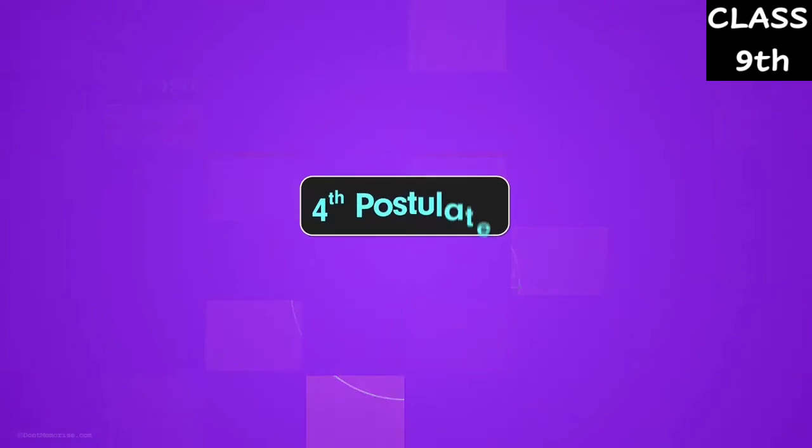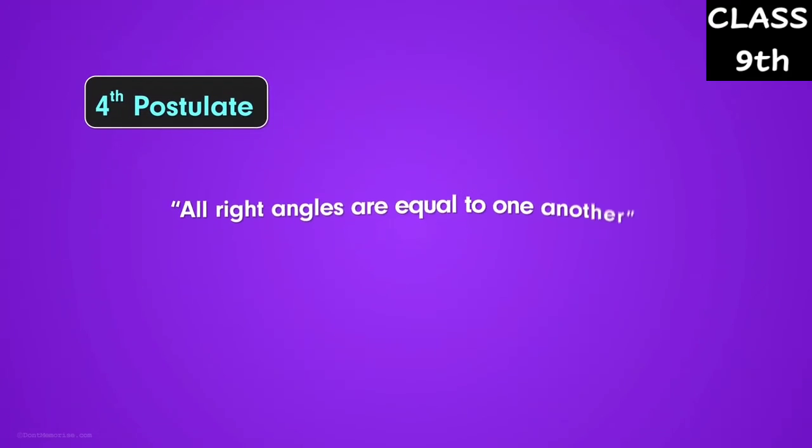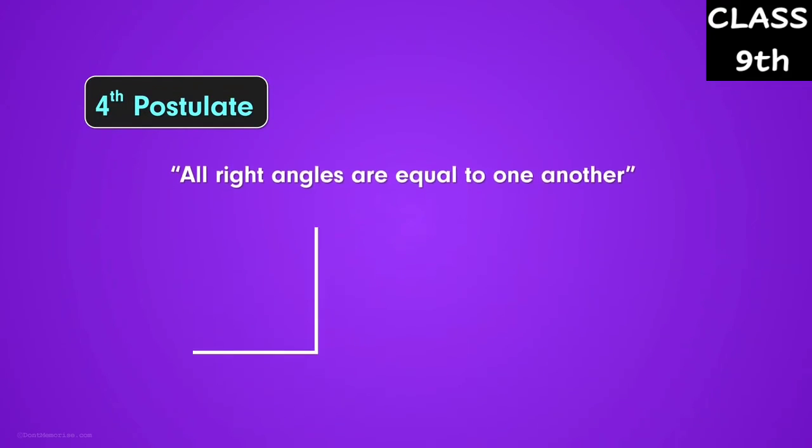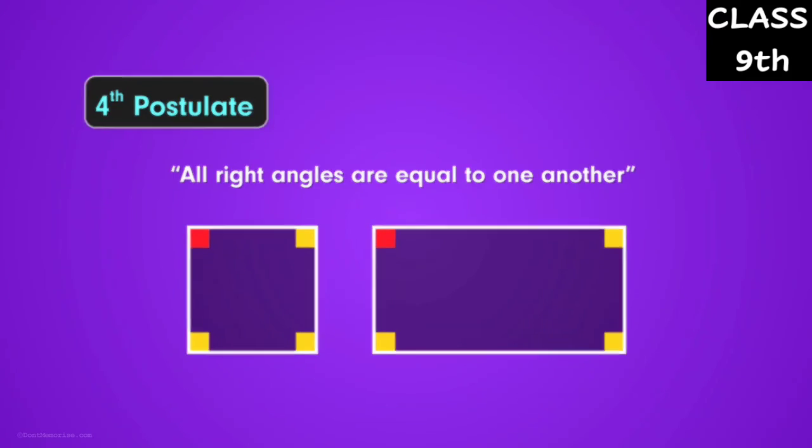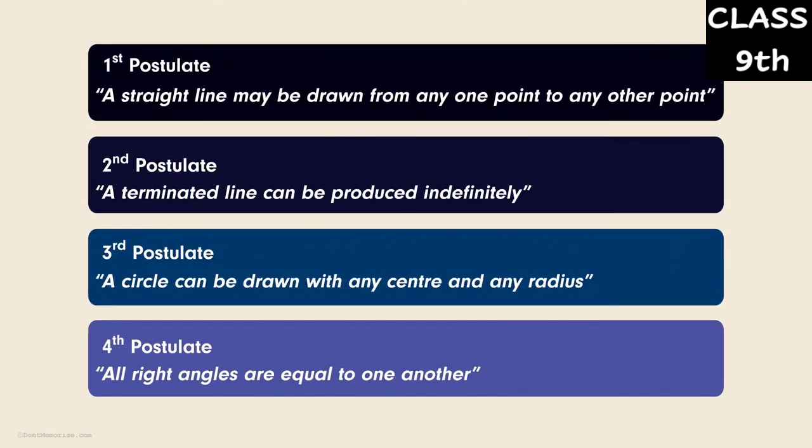The fourth postulate says that all right angles are equal to one another. Look at the square and a rectangle. We see that all the interior angles of the rectangle and the square are right angles. Therefore, an angle from a square will be equal to an angle from a rectangle. So, these are Euclid's first 4 postulates that will help us have a better understanding of geometry. In the next lesson,